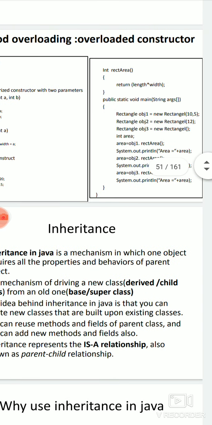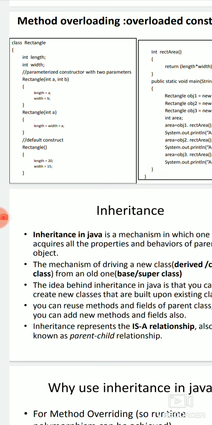Now go to the next statement, Rectangle obj3 = new Rectangle(). Again, what happens here is it does not have any parameters, so it will not map to the first constructor because that has two parameters. Not even to the second constructor because it has a single parameter. It will map to the third constructor because it is similar to what is being called, as it does not have any parameters. So here length will be 12 and width will be 15, automatically initialized.